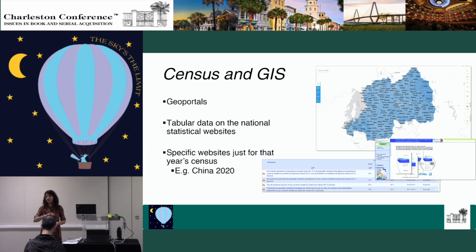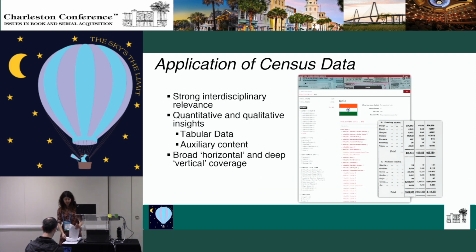Also, some countries have specific websites just for the geodata of that year's census because it's such a huge data set, they can't host it on their normal website. And this is a relatively new occurrence. Used to be that GIS would come on a CD-ROM. Now in countries in Europe, where there's more open access to this geographic information, you can just go to the website and see the different layers, play with the data, but not all countries have the capacity to do that yet.